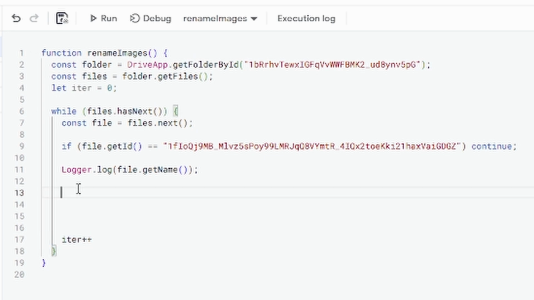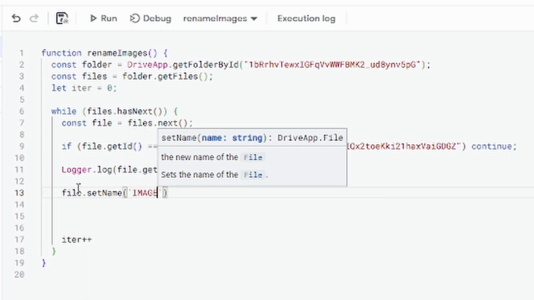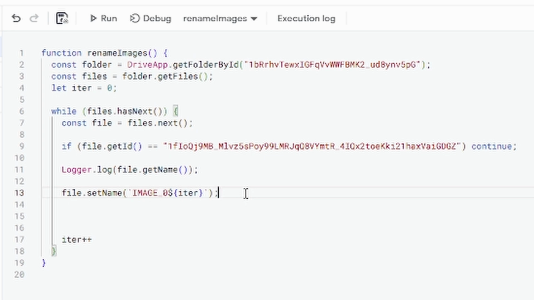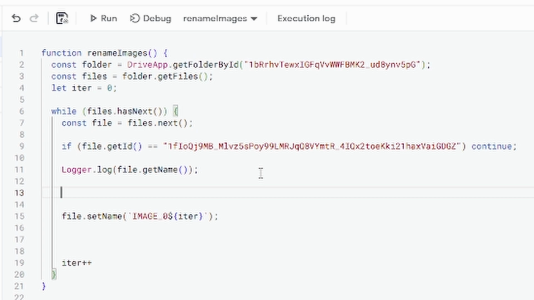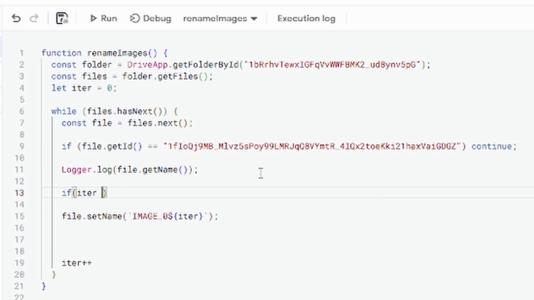And so let's do this, file.setName, and then this new name is going to be image. And I do want to add something a little bit extra here. I want to name these something a little bit different. So, okay, let's do something fancy like this. If iter modulus 5, so every fifth one, we're going to do a bit of a different name. Yeah, we can do it this way. We'll say image underscore